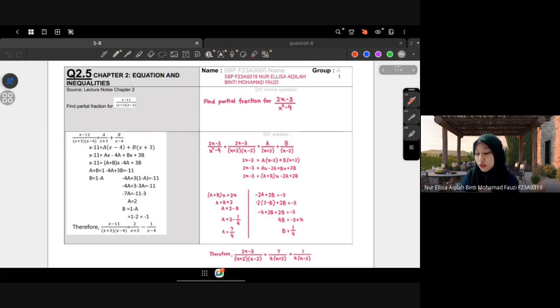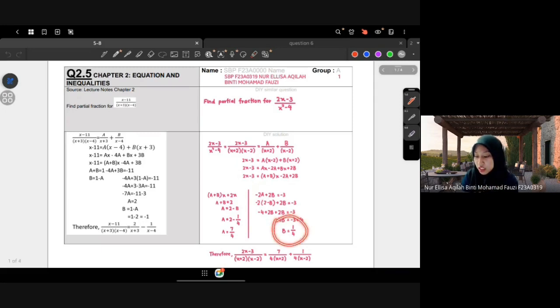Next, to solve for a and b, we need to form a system of equations by comparing the coefficients. From the coefficient of x, we get a plus b equals 2. From the constant, we get minus 2a plus 2b equals negative 3. First we solve for a in terms of b from the first equation, giving us a equals 2 minus b. And then we substitute a equals 2 minus b into negative 2a plus 2b equals negative 3,